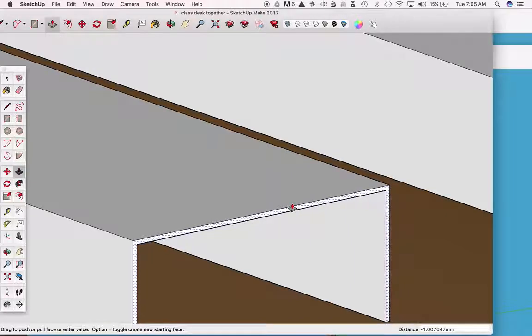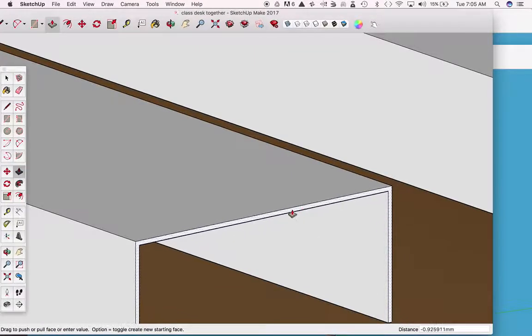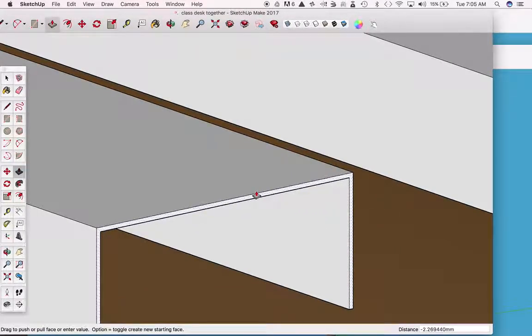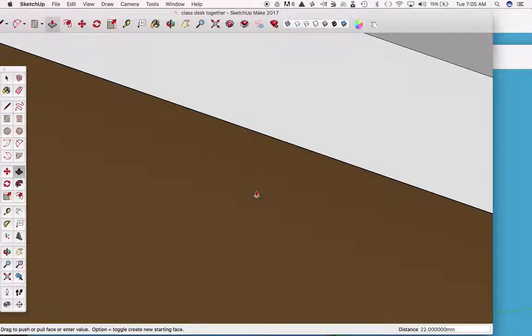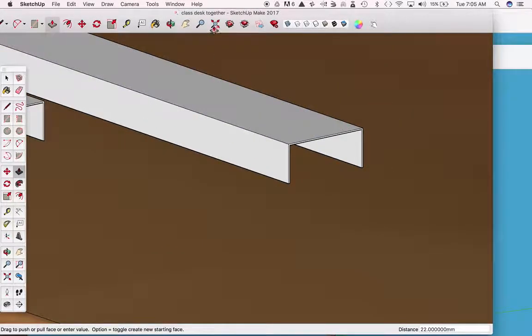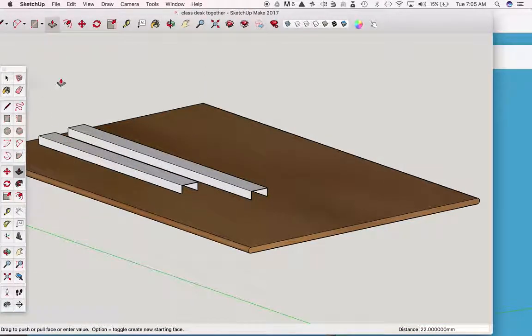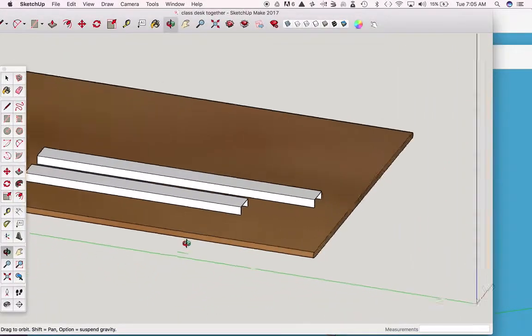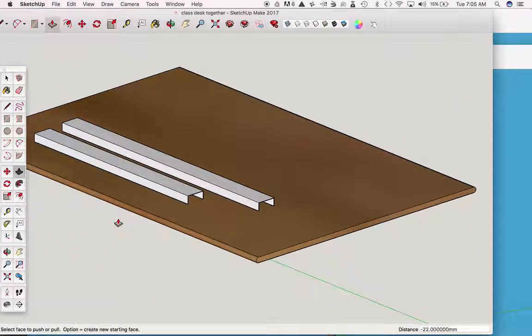So 100 minus 78 is, sorry, excuse me. Yes, 100 minus 78 is 22, so I need to take off 22. So if you look in the lower right corner right now, I need to just put in a 22 right now, 22. And let's take a look at what we have. So now you can see I have a shorter version of what I just had before, which is exactly what I need